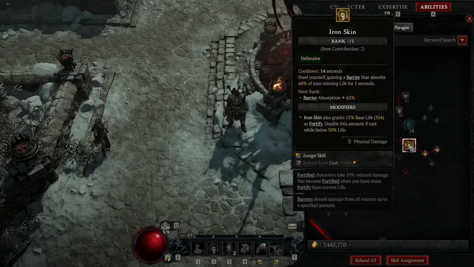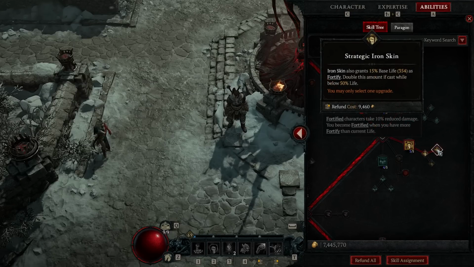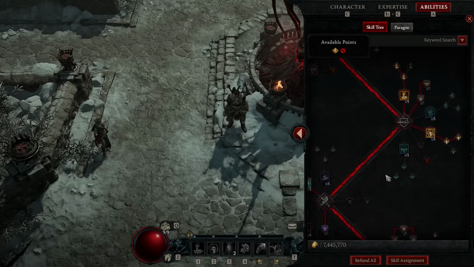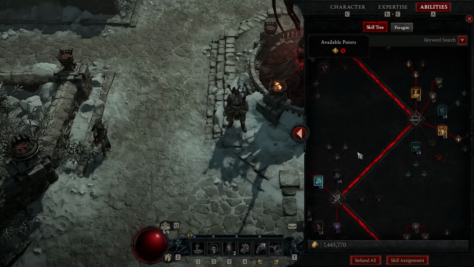But this is sort of your emergency panic button when your health is low to just turn this on and pop a shield. Your barrier will absorb 65 or 60% of your missing life for 5 seconds. This version also gives you Fortify, which I have a good amount of stuff with Fortify and damage reduction from that. So that was essentially my only real survivability skill here, other than the stuff I added to my actual